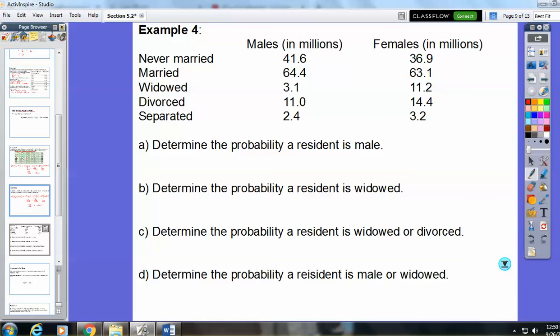Okay, so I have put this table about marital status up here. So the first thing I want to do is determine the probability that a resident is male. What am I going to have to do first? We're going to need our totals here. Let's add them all up. So if I add my males,